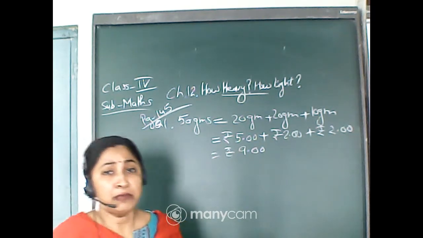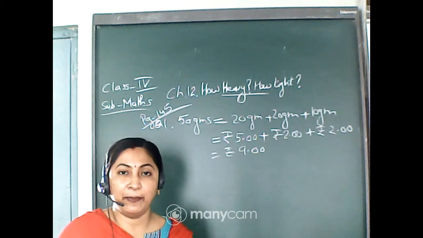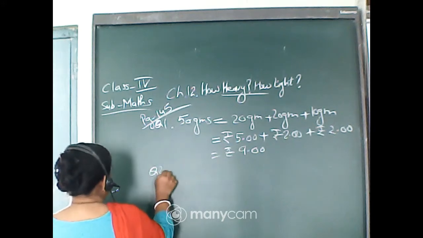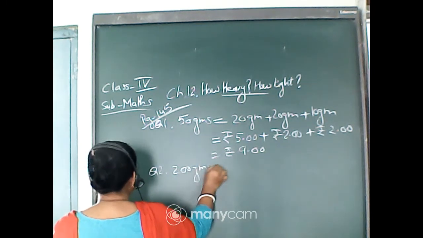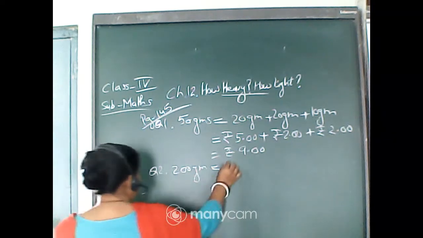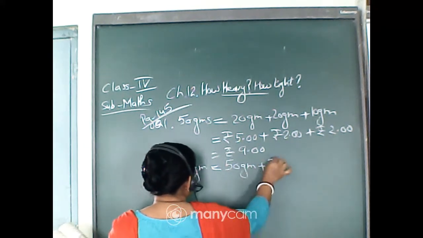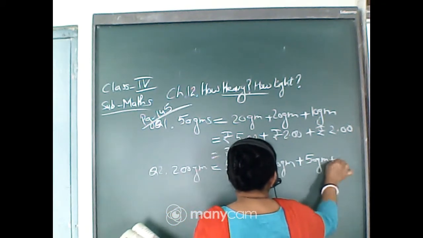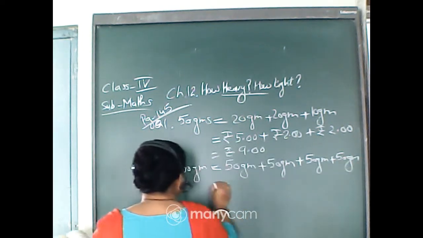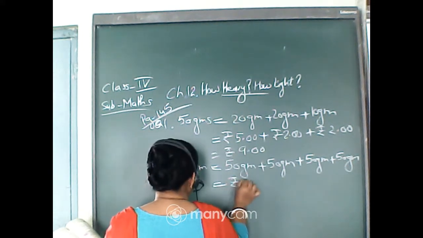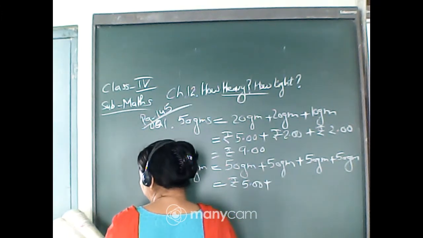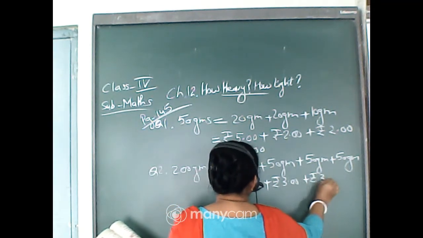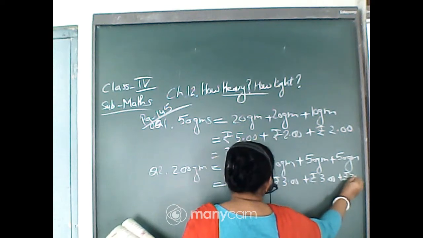So you will parcel it, because it is not a letter, it is a parcel you have to send to Chennai. Now see, 200 gram. You have to break it in 50s because it is a parcel. So 50 gram plus 50 gram plus 50 gram plus 50 gram, isn't it? So this will be for first 50 gram rupees 5, and for every additional 50 gram it is rupees 3.